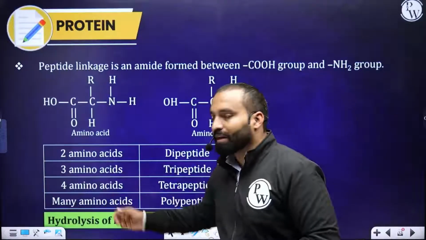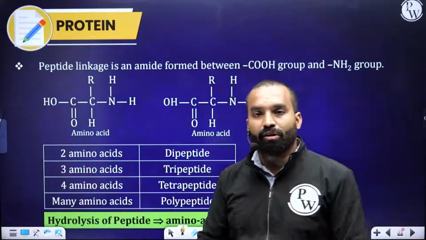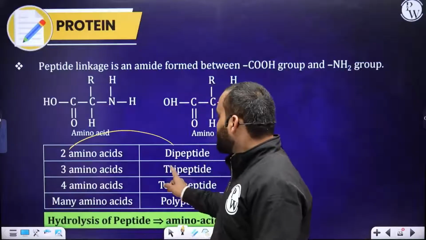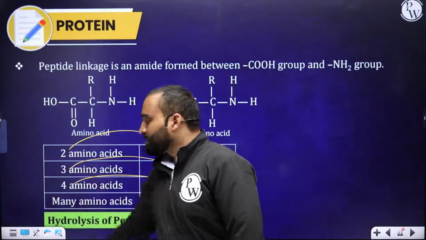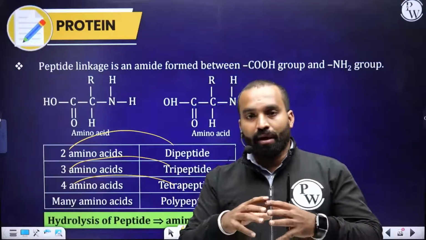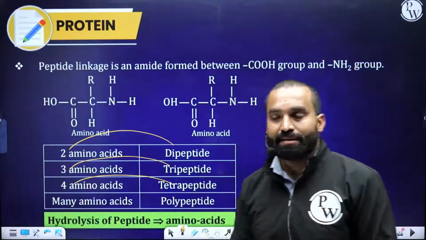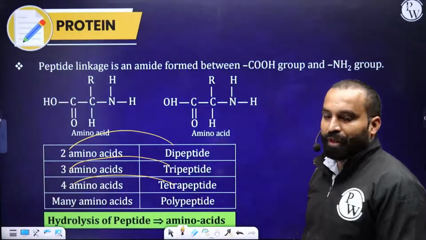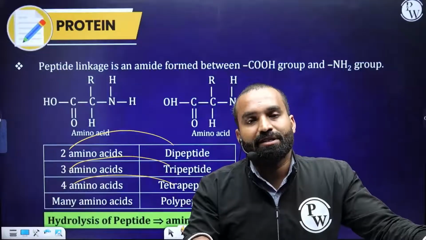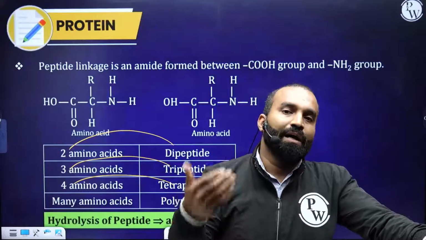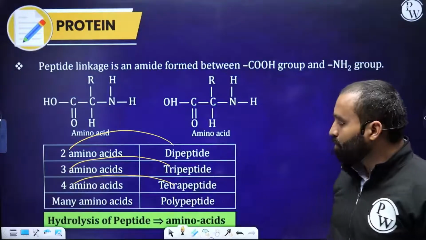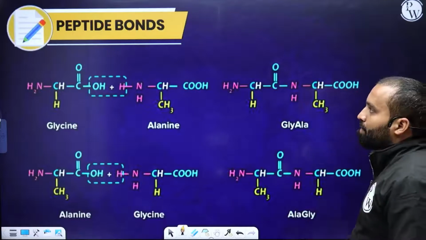If three amino acids come and then condense with each other, removing water, that will generate a tripeptide. So the name is simple. Di represents 2, tri represents 3, tetra represents 4, and if many amino acids come together and they undergo dehydration to form amide linkages, that will be polypeptide. And similarly, when you hydrolyze polysaccharide, you generate various monosaccharides, and when you hydrolyze polypeptide, you will obtain various amino acids, which are the starting material for the peptides.